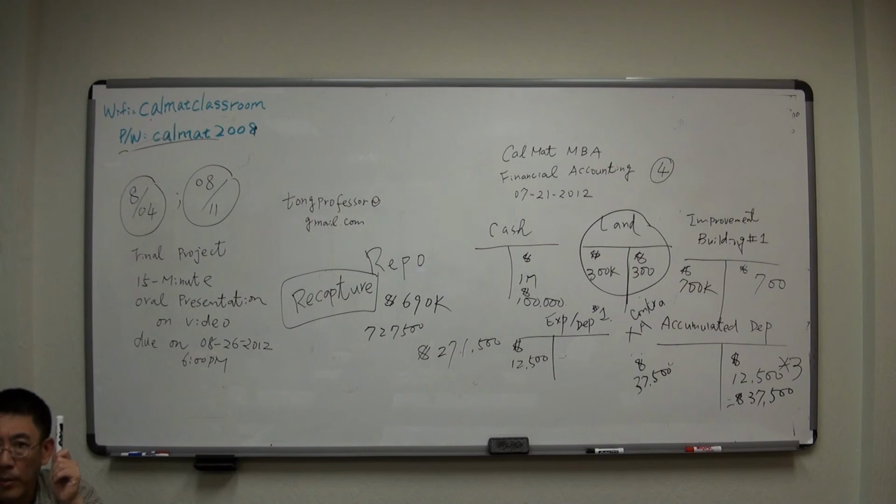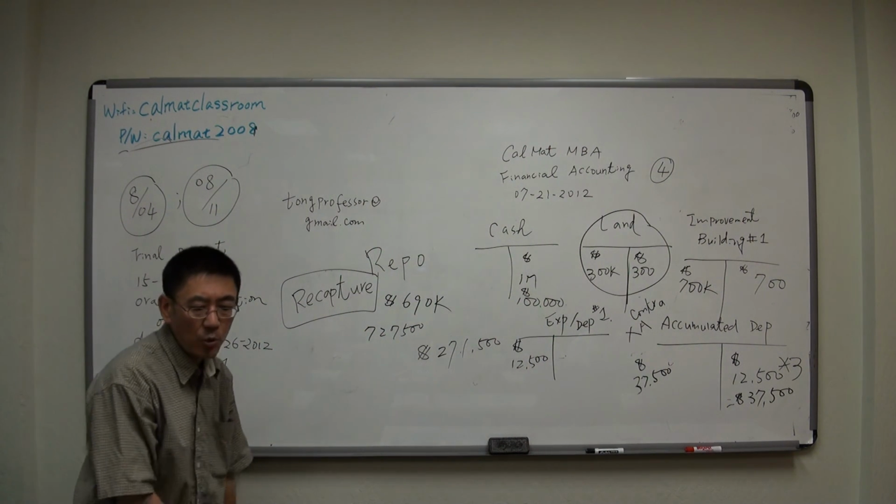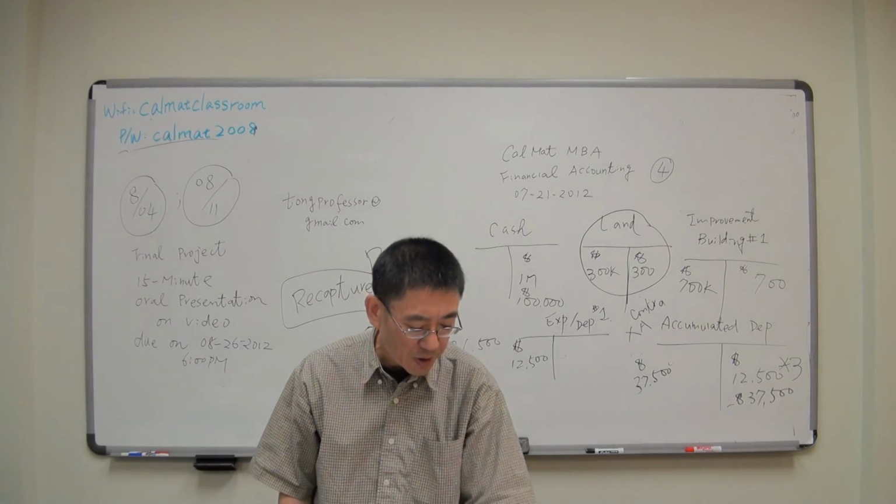Okay, we're going to talk about present value. Say for example, your company purchased an equipment. You don't pay everything in cash. Usually your company only pays a down payment for finance reasons. You want to keep a certain amount of money